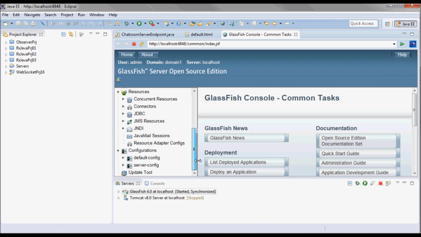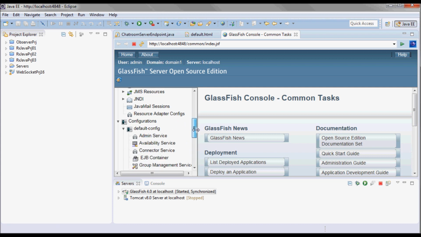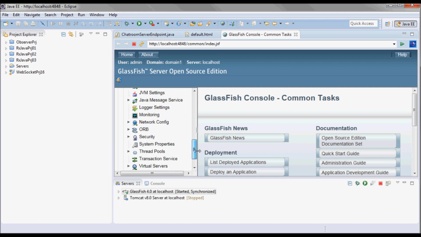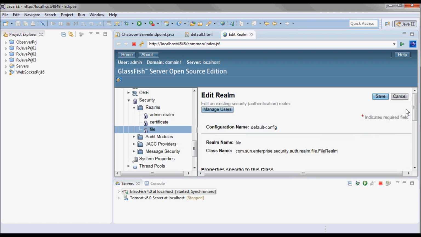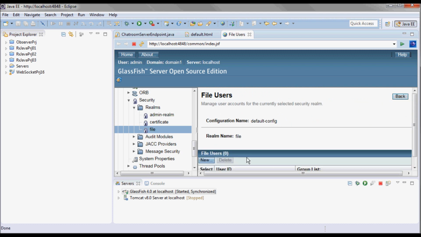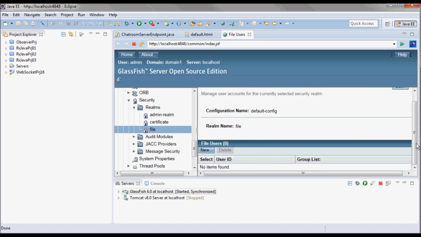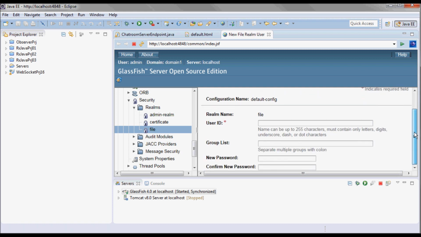And we will go to default config and security and realms and file, and here I'll do manage users, and I'll go ahead and add a new user.